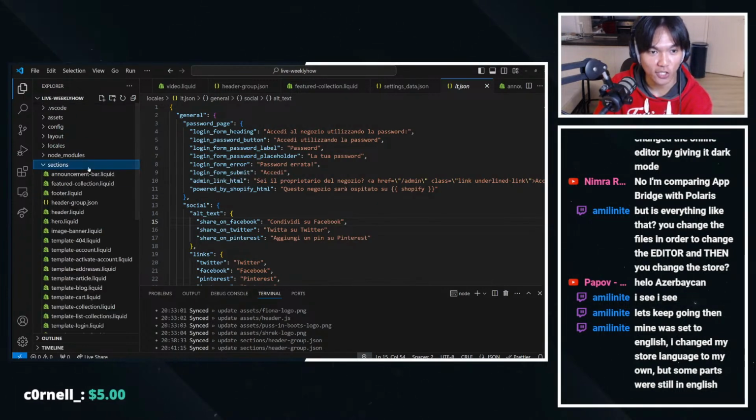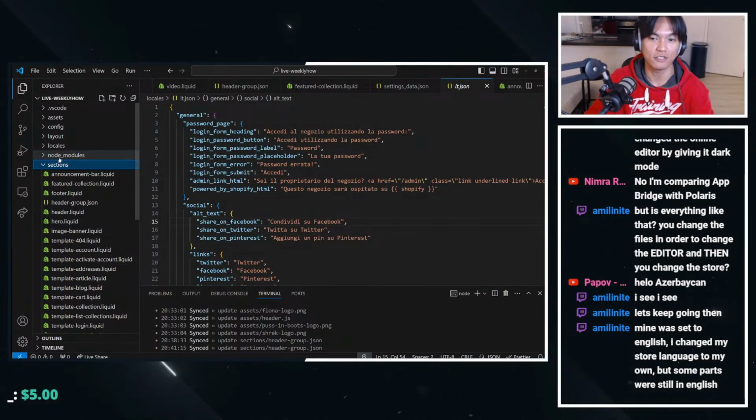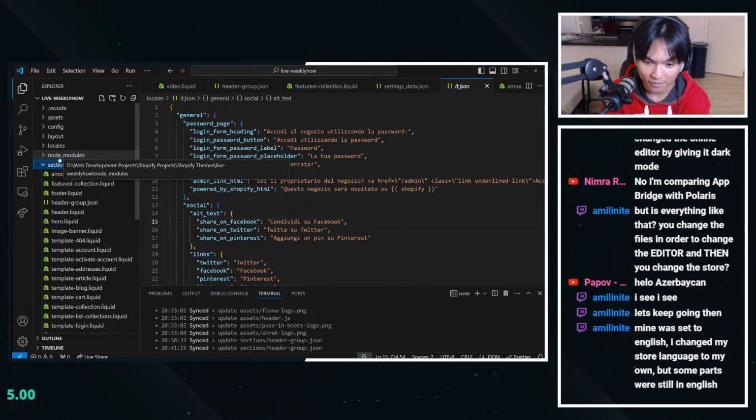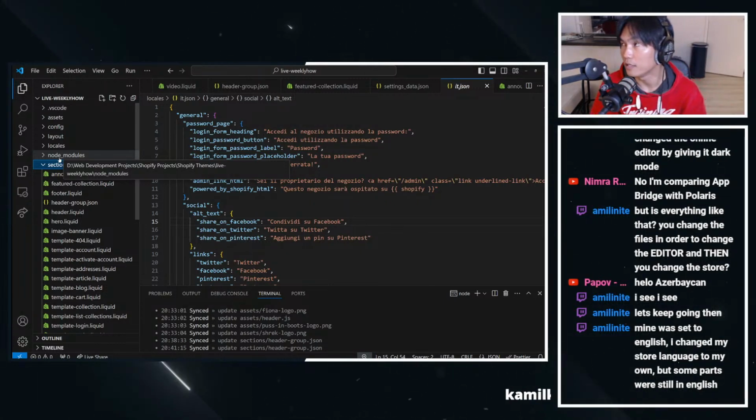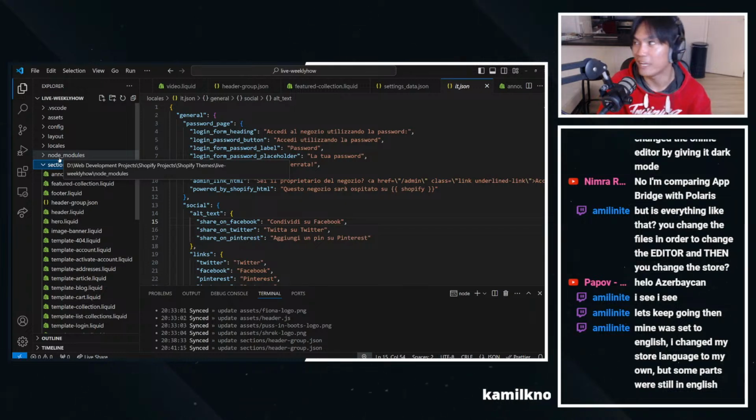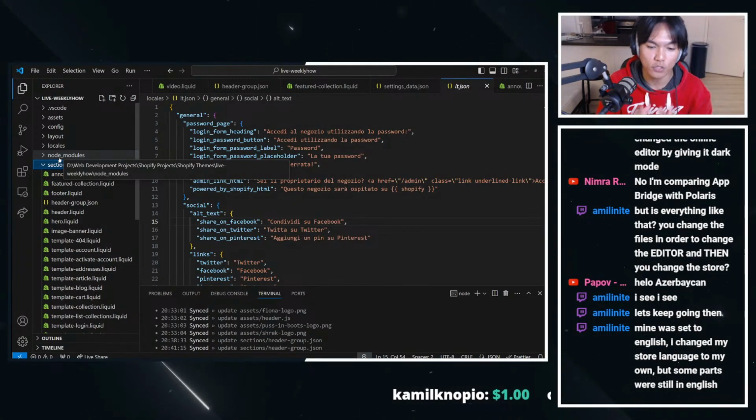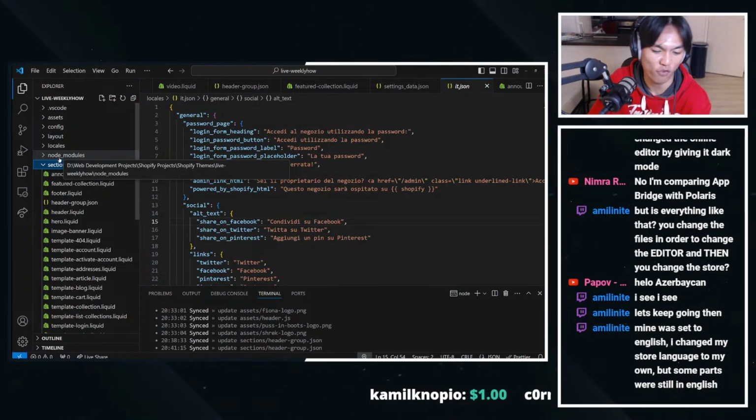Next one is sections. So sections, pretty straightforward. Sections are the components of your Shopify theme. This is where you can find the header, the footer, the hero section, the featured collection, the featured products. This is where you can create those components. So if you say, for example,